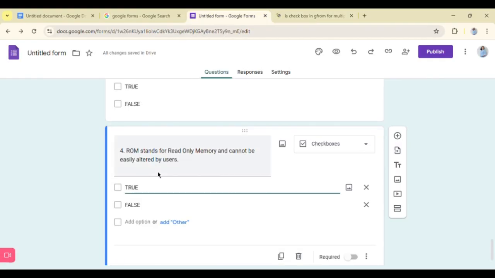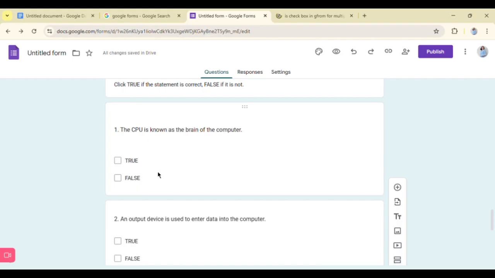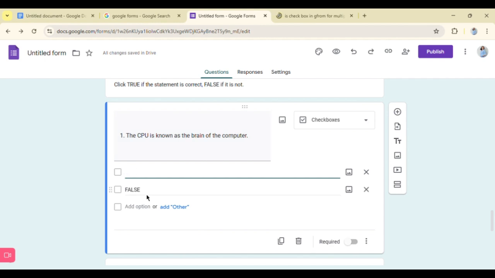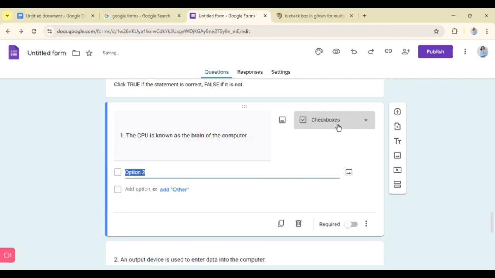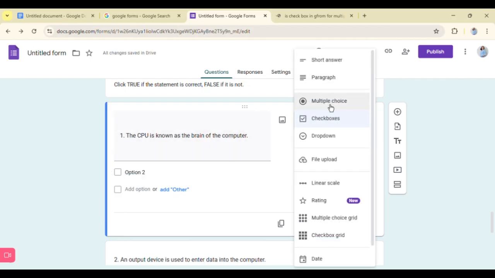Oh, so hindi pwede. So baka both true and false ang answer ng student mo. Patay tayo dyan. Wala answer. Delete natin to. Hindi pala pwede checkbox. Multiple choice pa rin.